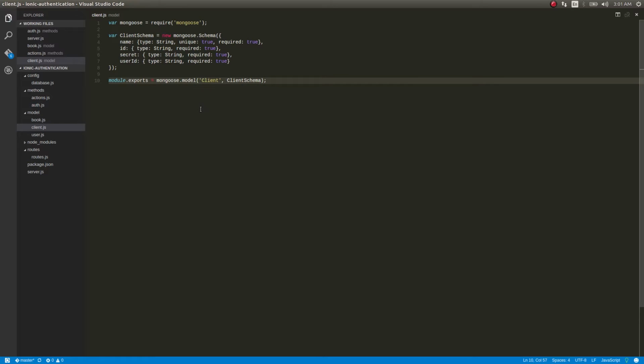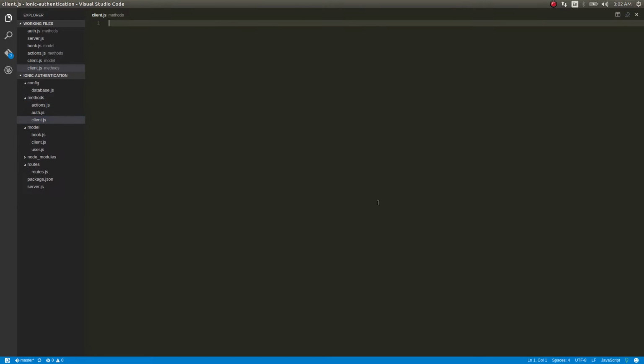Okay, this is done. Now to add a client and to see what all the clients are that are available in our database, we'll add a few more methods here. We'll create an exclusive file for the client.js, and inside this file we'll add the methods, time-lapse.